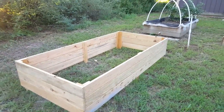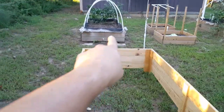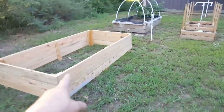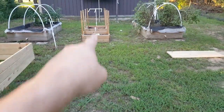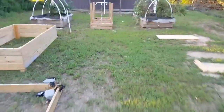Alright, now that's put together. I'm not going to put it in place just yet because I'm going to line it with this bed here, so I need to move it over to the left. And then after that one, I'm going to build another one here and another one here. The middle one I'm not too sure about yet. I might build 2 more potato boxes here in the middle because moving back,